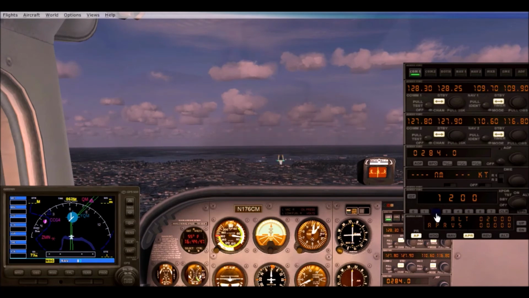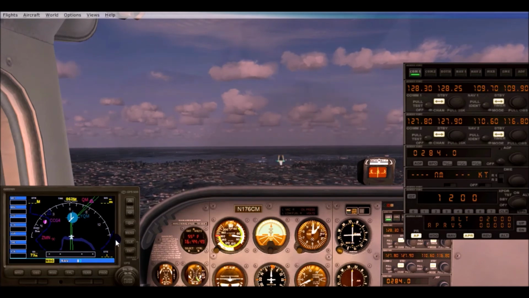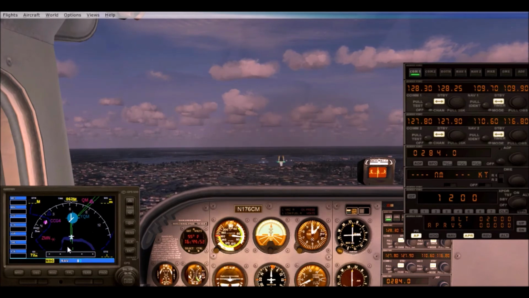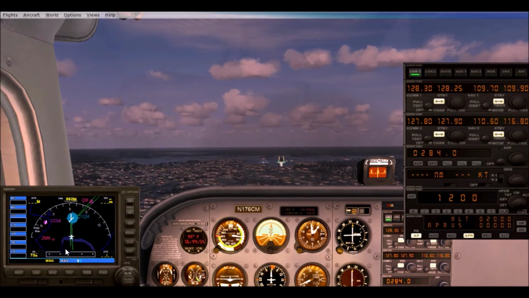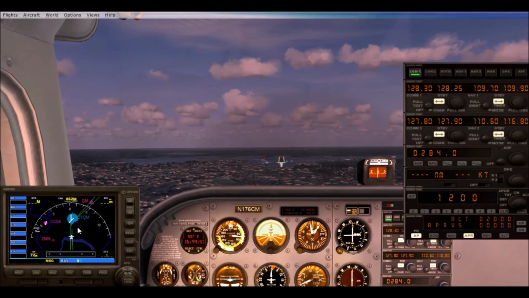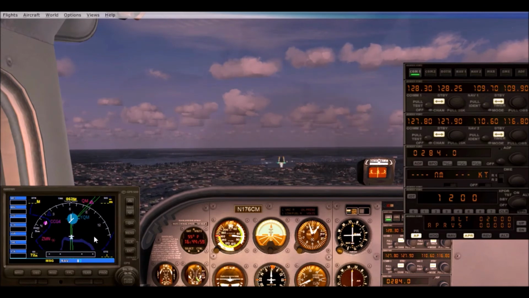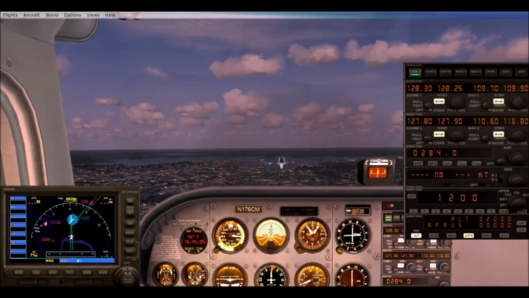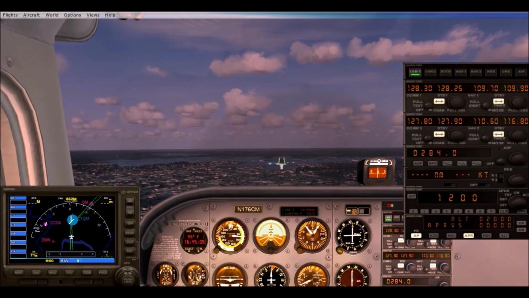I haven't mentioned yet that the way you can tell if a runway has an ILS approach is, you'll see in my GPS these green arrows, and that's showing basically the ILS approach on your GPS there, and it also shows it on the map in the world tab up here, so you'll be able to tell if whatever airport you want to land at has one or not based on that. But